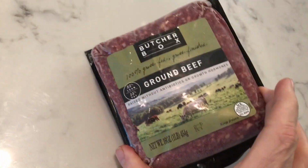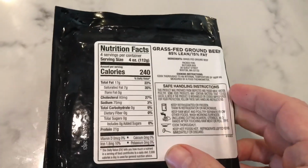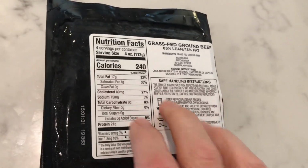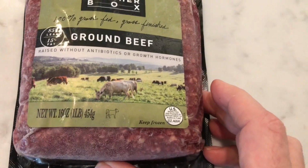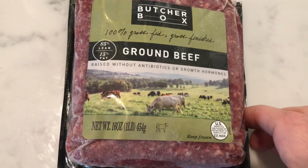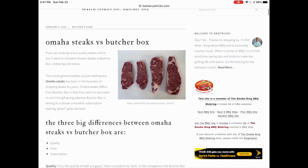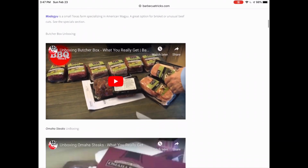Then on top of that, at one point, we got the ground beef for life deal as an add-on, and now we get 2 pounds, 2 of these. That's 1 pound that we're looking at, but you get 2 of those in every box for life ongoing. So that's one reason, aside from choosing a lot of chicken and pork in our boxes, you can mix and match. We get so much. There's 2 pounds of beef, there's 3 pounds of chicken wing, and bacon in every single box moving forward now for life. So if you want to look more into Butcher Box, I did put a bunch on the website,